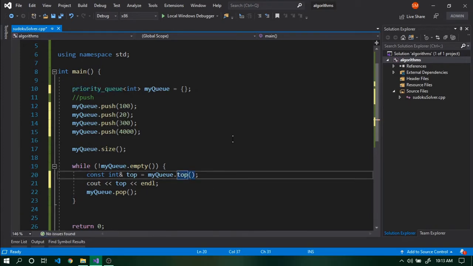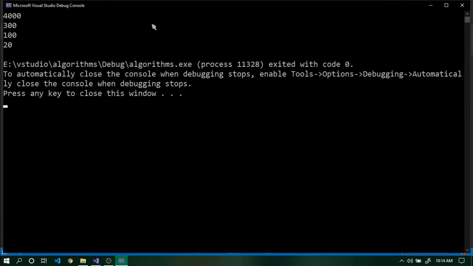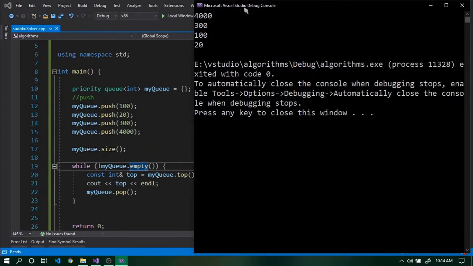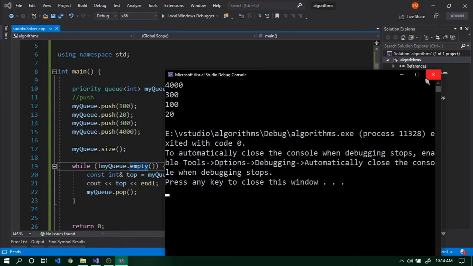Other things like pop and empty are almost the same, but the difference that a priority queue makes is it assigns a priority. In the default case, it prioritizes the greater value first, and after that it prioritizes the lesser value. So 4,000 was first, and then 300 was second, and then 100, and then 20 got out. Okay. So this is how a typical priority queue works.